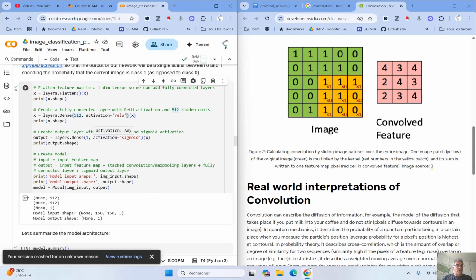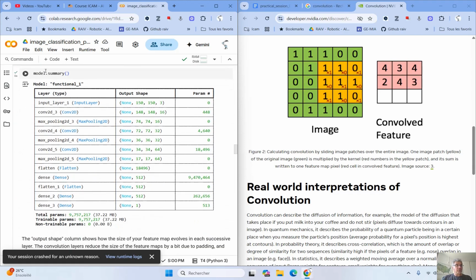And because we want a value between 0 and 1, to be considered like a percentage, and not a real number which ranges from minus infinity to plus infinity, we pass the output not to a ReLU, but to a sigmoid. And the sigmoid will reshape the data between 0 and 1.